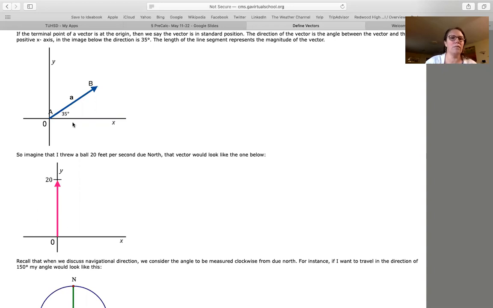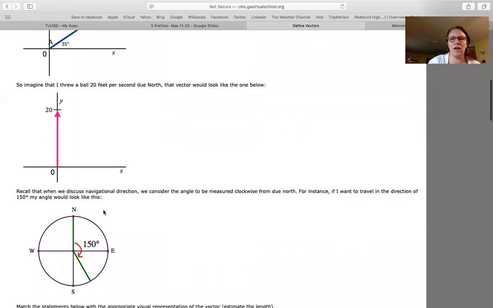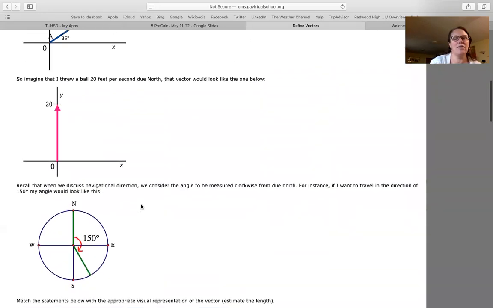your, in trig, when we made an angle in standard position, one side of your angle is the x-axis, and then the other side is going up from the x-axis in the counterclockwise position. But a lot of times vectors are going to be represented also as a direction going from north. So if this is north, and then we're saying it's a navigational direction of 150 degrees, it's going to be going 150 degrees from north. So as you're doing application problems, you want to just pay really careful attention to the way that the direction